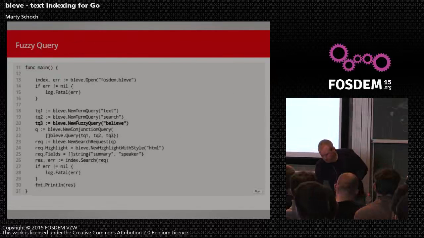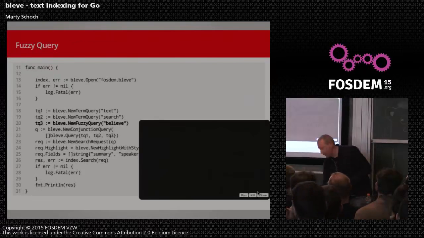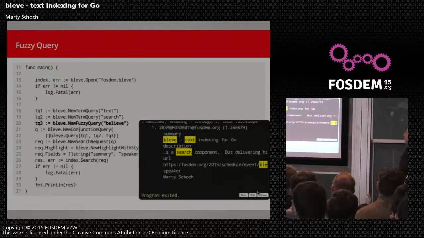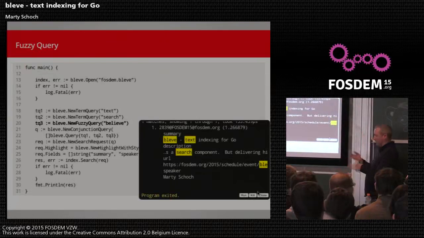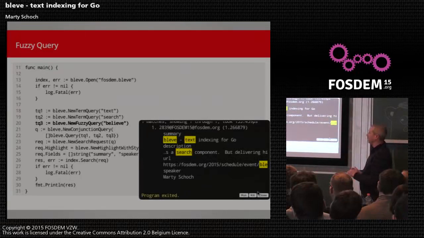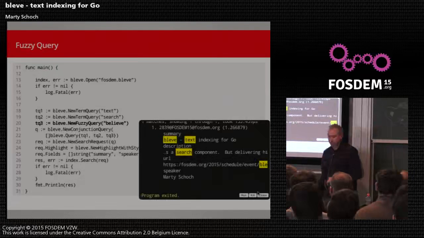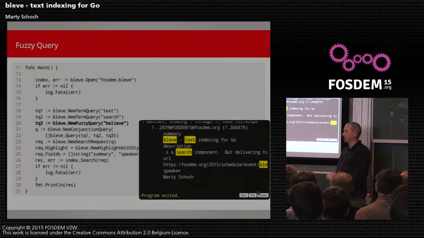But what if instead of a term search for believe, they'd done a fuzzy search instead? If we run that, the fuzzy search is going to ultimately match the particular document. The term believe doesn't have any exact matches, but the fuzzy search is going to find anything with a Levenshtein distance of 2 or less and match. So in this case, Bleve is a Levenshtein distance of 2 away from believe, and that's why it ultimately highlighted that Bleve term inside the document. So for users that are manually typing things in, the fuzzy search is often very useful.